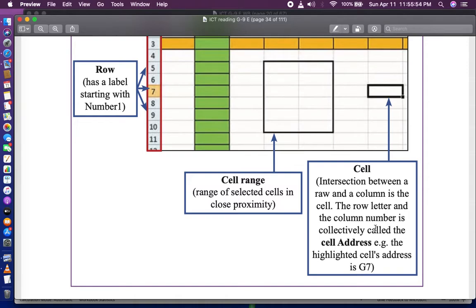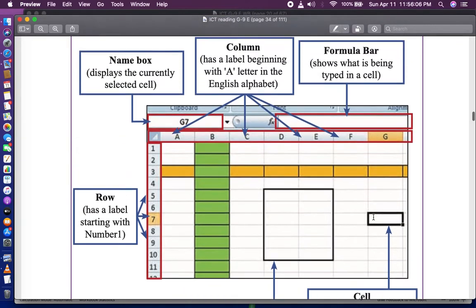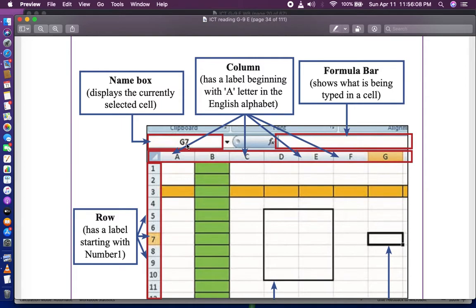The row letter and the column number is collectively called the cell address. For example, the highlighted cell's address is G7. So that's the cell address